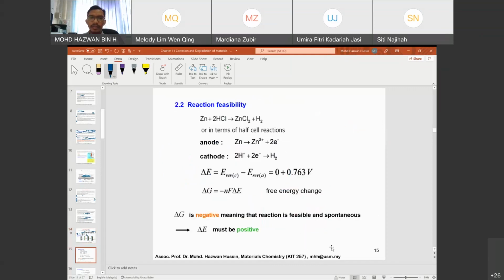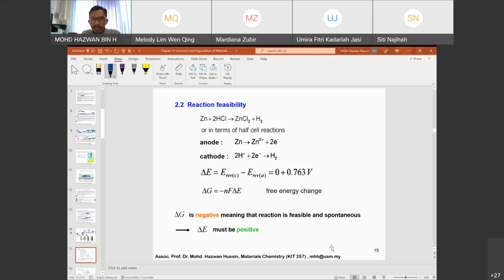Today we are going to look into reaction feasibility. In the first slide, I explained that the corrosion process is a spontaneous process, which means the delta G value is negative. Due to that, the E cell, or the standard potential, must be positive